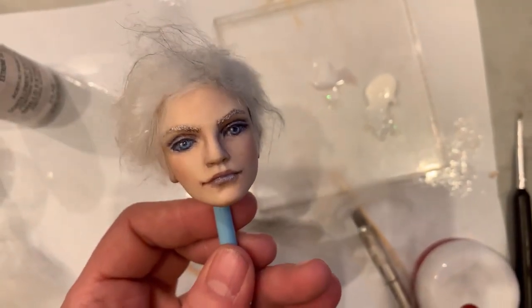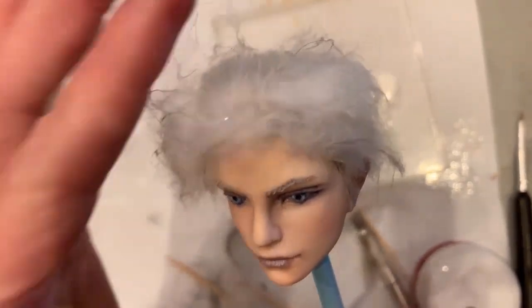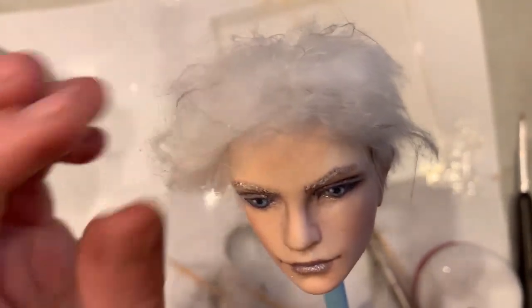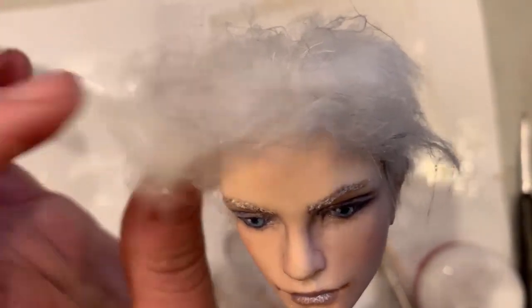Hey guys, I just wanted to give you a peek at how the face is turning out, and I'm working on the body today. Sorry, I got a little bit delayed because I was able to get about $300 worth